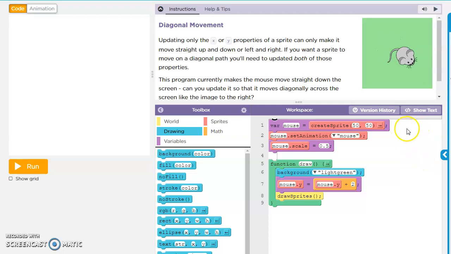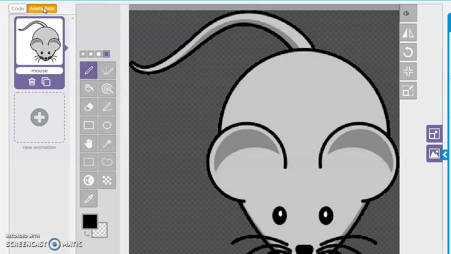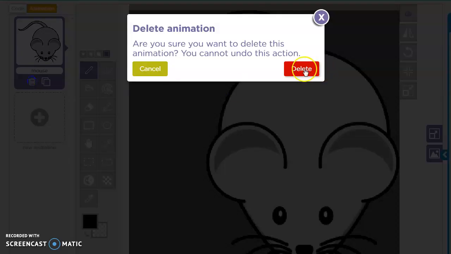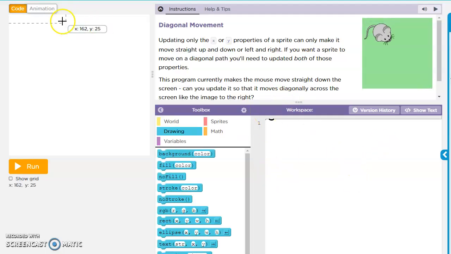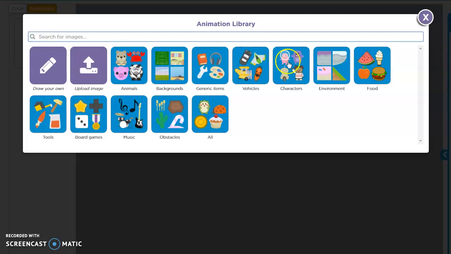So what we're going to do is we are going to delete all of the code in this level. Okay, and we're also going to go into the animation tab and we're going to throw away that mouse too. Okay, so I have a blank work area and I have a blank animation. And we're going to just create a simple scene where we have two things